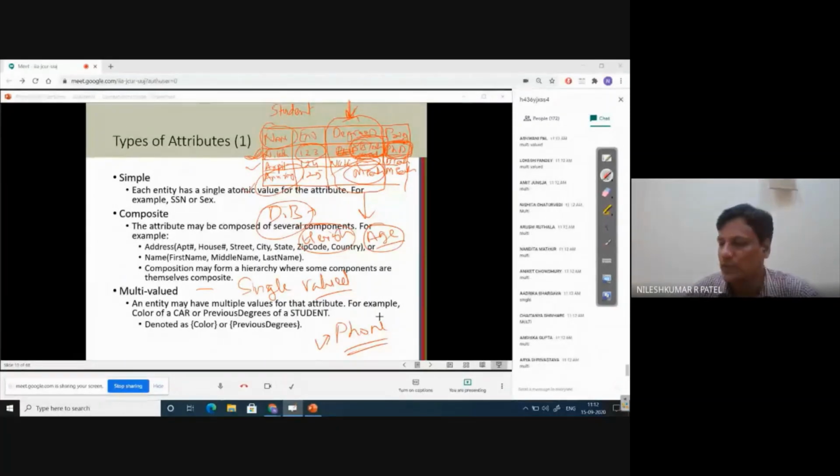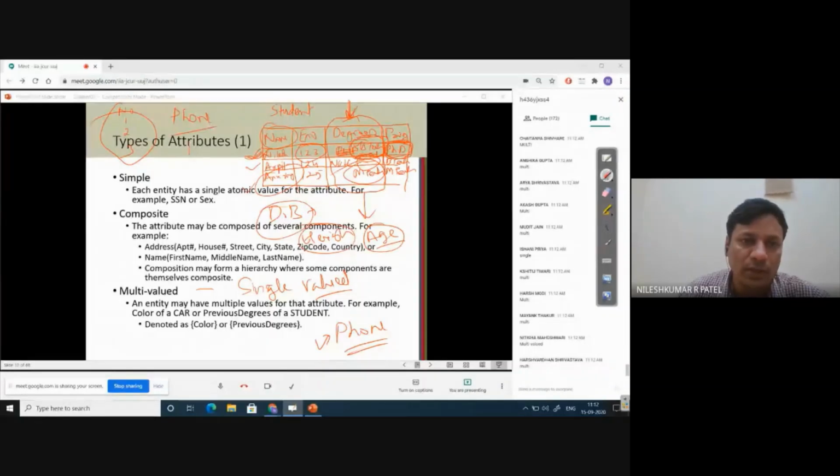Okay. So see, similarly as in the case of degree, you may have no phone numbers, you may have one, two, or three. So ultimately, you can consider the phone number column as a multi-valued attribute in some cases. So this is the meaning of single valued versus multi-valued.